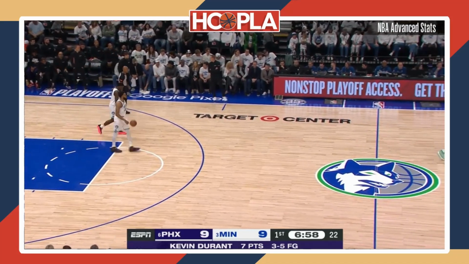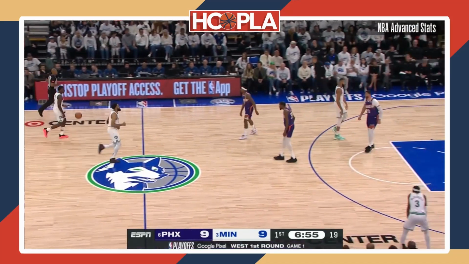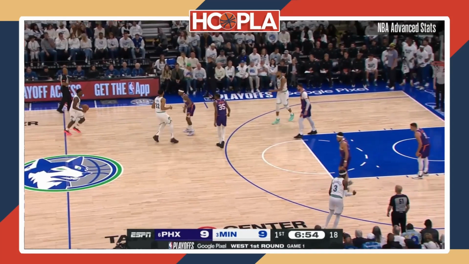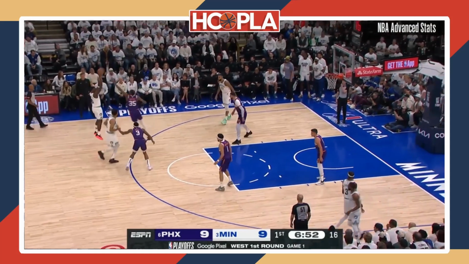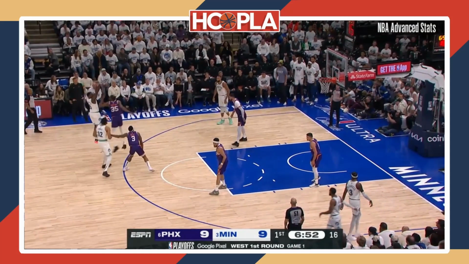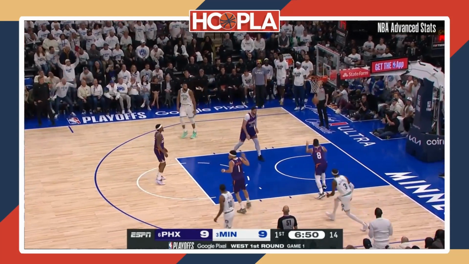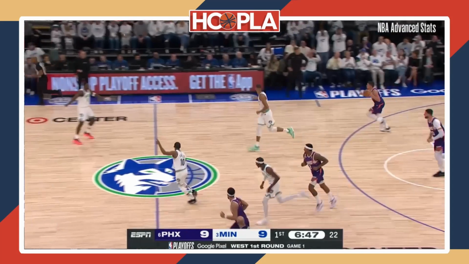In this next play, we can clearly tell that at this point, Ant is frustrated because of the turnovers and the lack of quality looks that he has been able to get. So in this one, he comes down and comes off of a simple screen with Cat and shoots a deep pull-up 3 with a contest by Kevin Durant just because he is frustrated. And I call plays like these shot turnovers because he can get this shot anytime, and I know I sound like a high school coach saying that, but the playoffs are all about generating as many quality possessions as possible, and this is not one of them. And he almost makes it, but still it's not a good shot.